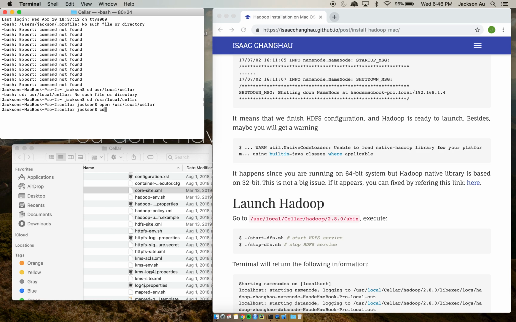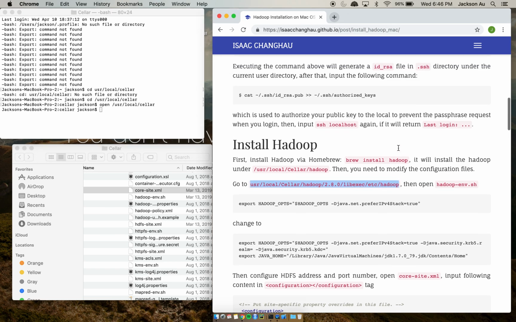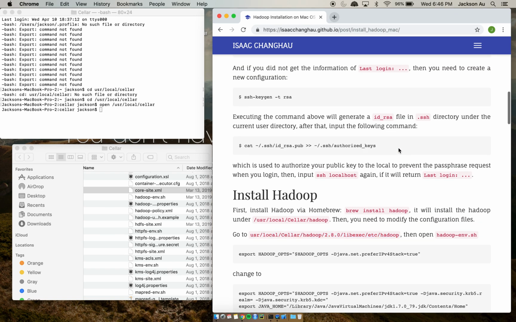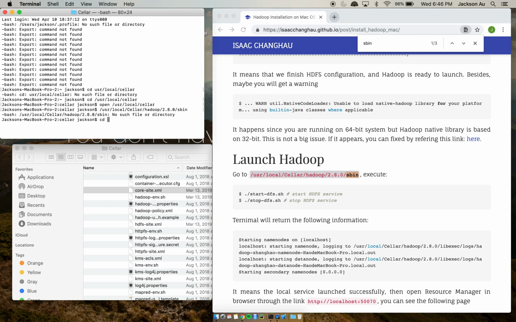So let me actually go to the directory that we want to launch Hadoop out of. It's not that. It should be the sbin one. CD again is change directory. Change it to the version that you guys have, which I think 3.1.1 is the most recent one. So I'm in the directory, and this command only works